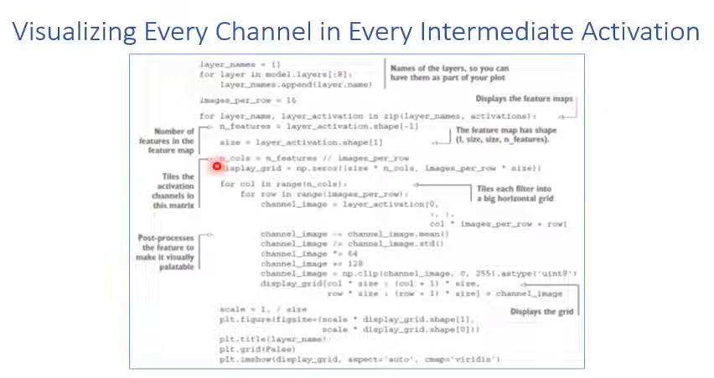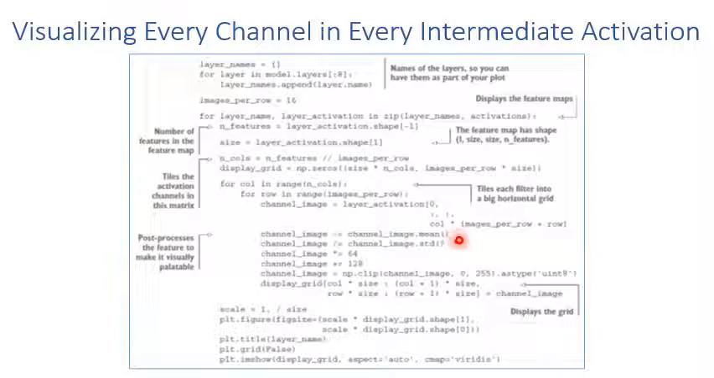So the number of columns is the number of features divided by the number of images per row. Then we can calculate the size of the display grid. The rest of the code is to extract the images from the layer activation and deprocess the images, which is